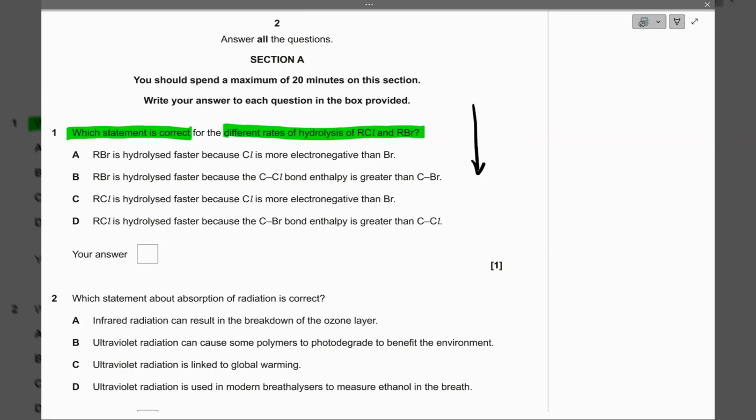So you can see here we've highlighted that which statement is correct. So we're going for which statement is correct, and for different rates of hydrolysis. Now hydrolysis is dependent on bond strength. So we've got to break a bond to do hydrolysis, and so hydrolysis involves C-Cl, for example, being added to